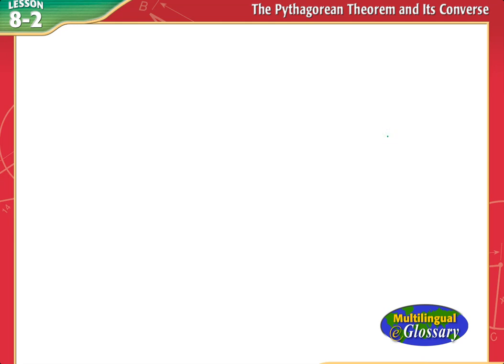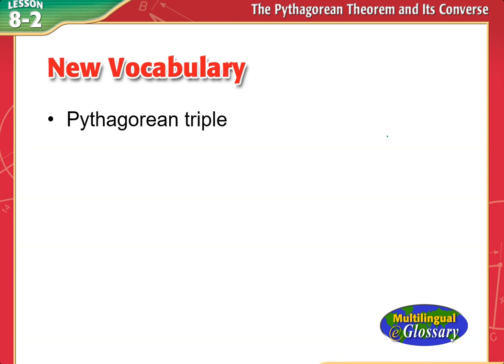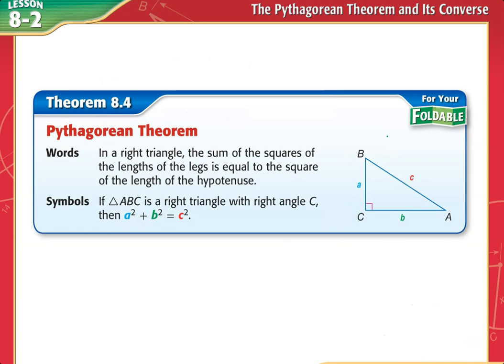Hey, geometry students, we're in section 8-2, and in this section we have some new vocabulary. We have Pythagorean triple. Alright, so we have this theorem called the Pythagorean theorem, and in a right triangle, the sum of the squares of the lengths of the legs is equal to the square of the length of